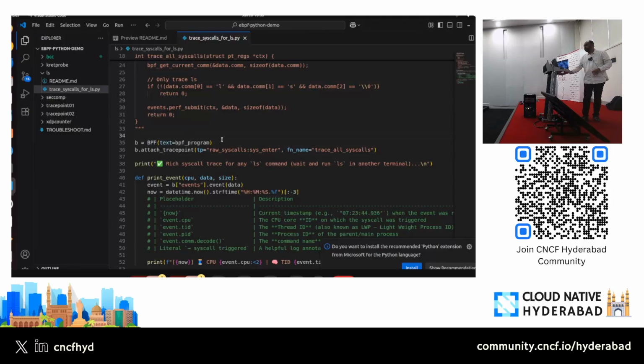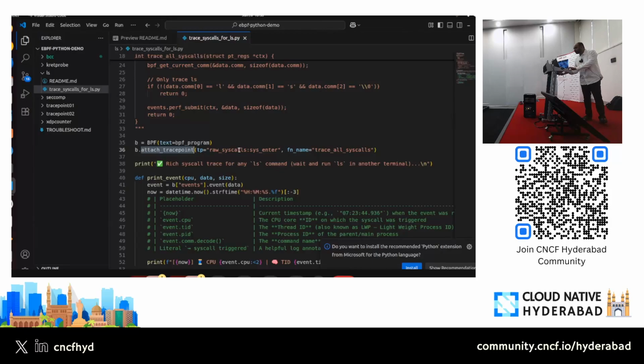Once your eBPF code is loaded inside the Linux kernel, leaving it here, your eBPF program will become an orphan. So what you need to do is attach something. There are a lot of attachments that we can do. There are kprobes, there are uprobes, there are tracepoints, which we are using in this example, and there are a number of things.